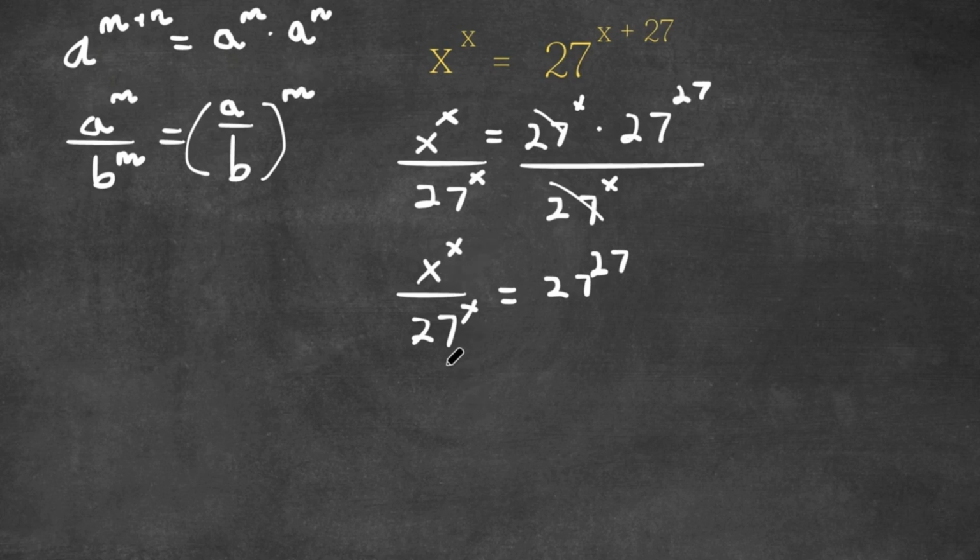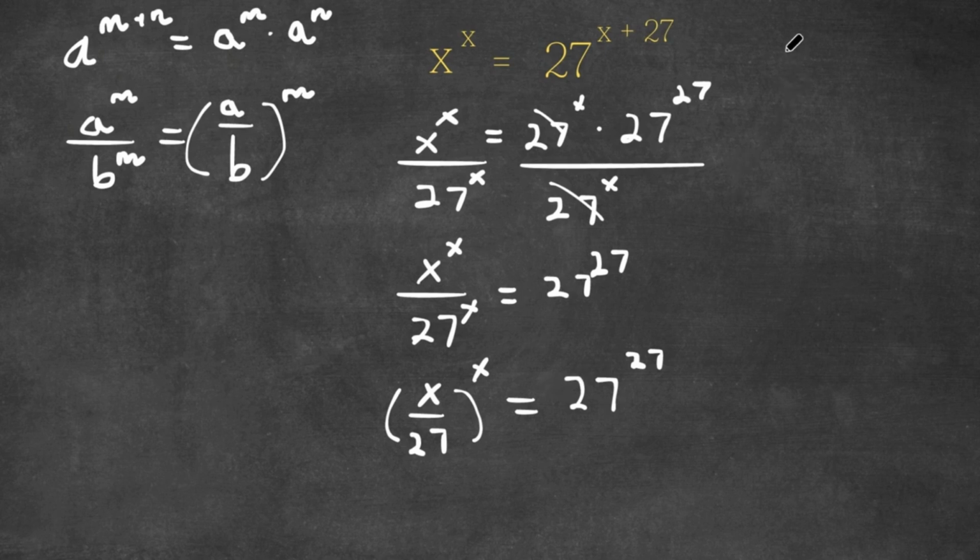So x to the power of x over 27 to the power of x, this is equal to x over 27 to the power of x. Now this is equal to 27 to the power of 27. Now I'm actually going to take the power of 1 over 27 on both sides. So now I have x over 27